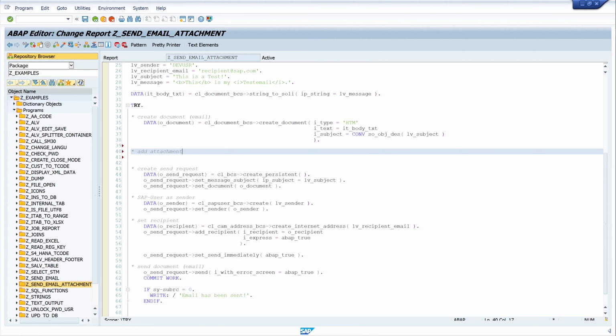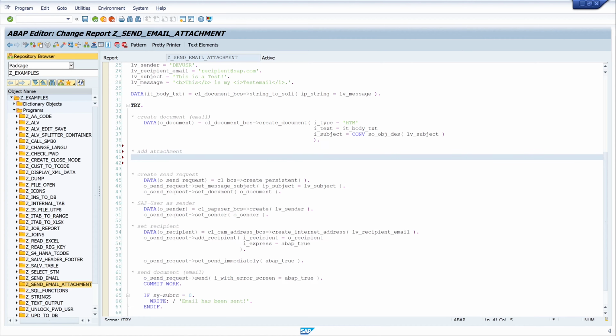So let's write the command add attachment here. And now we add an attachment to the document. So we write O document add attachment,